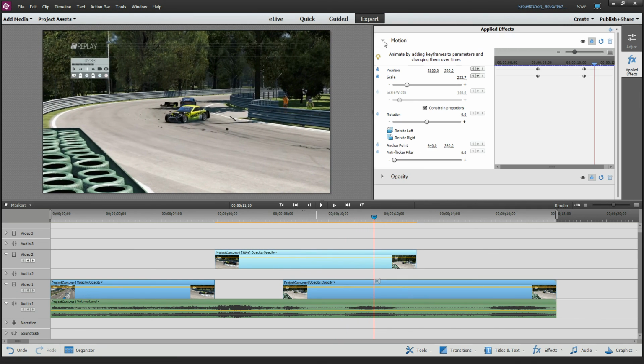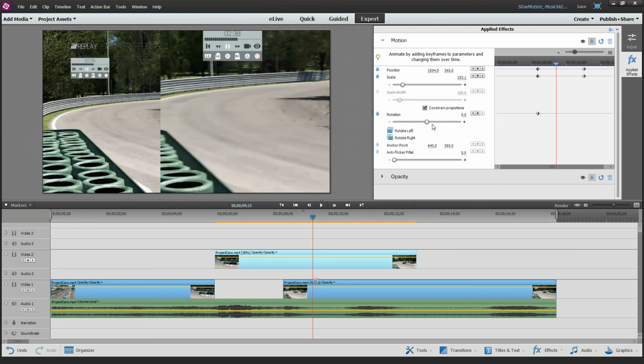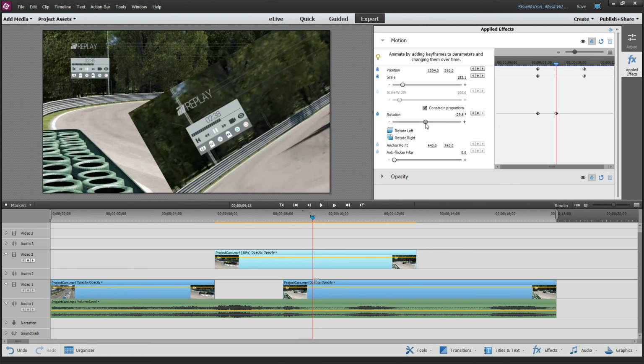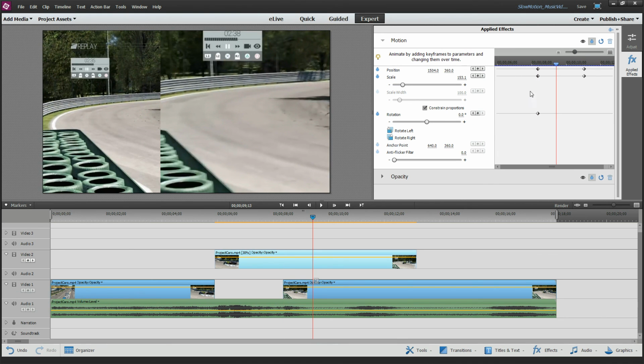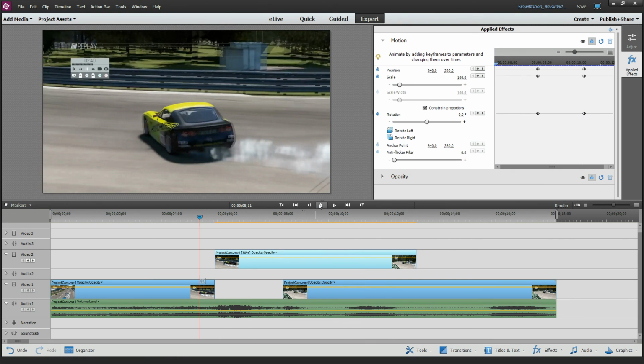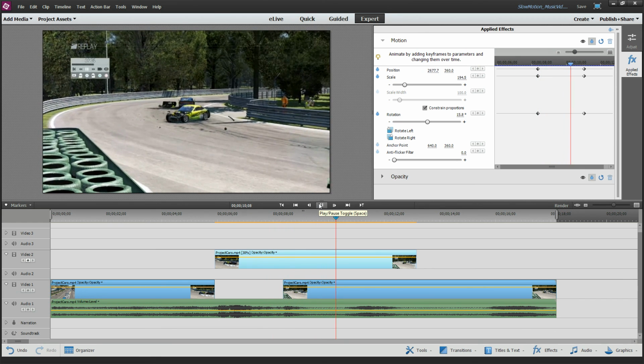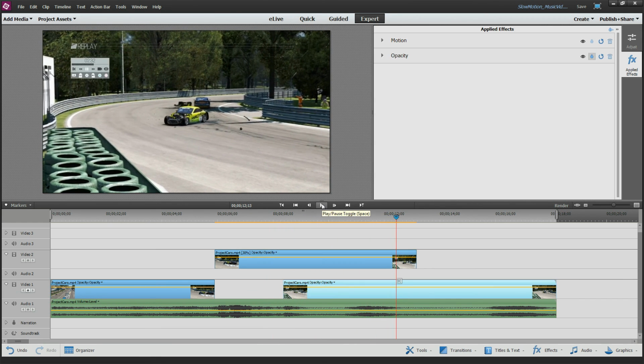Something else you might want to do, just let's have all kinds of weird fun here. Let's go ahead and add rotation to this thing. So we'll change the rotation angle at this point in time. That might be too much. Rotation angle to, I don't know, just pick a number. This is going to be kind of weird here. But let's just see what happens. You can have all kinds of fun with these keyframes to get a weird transition to show how that happens. So that's the last example here.